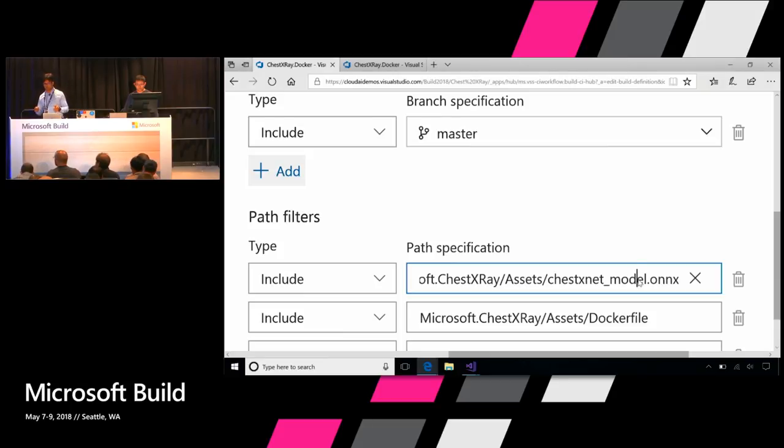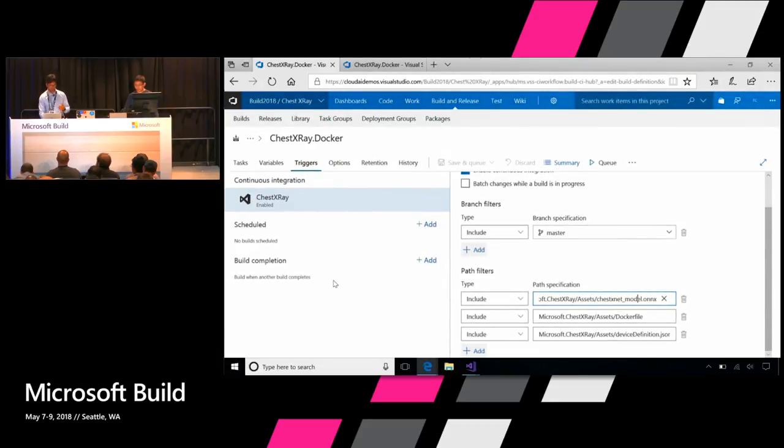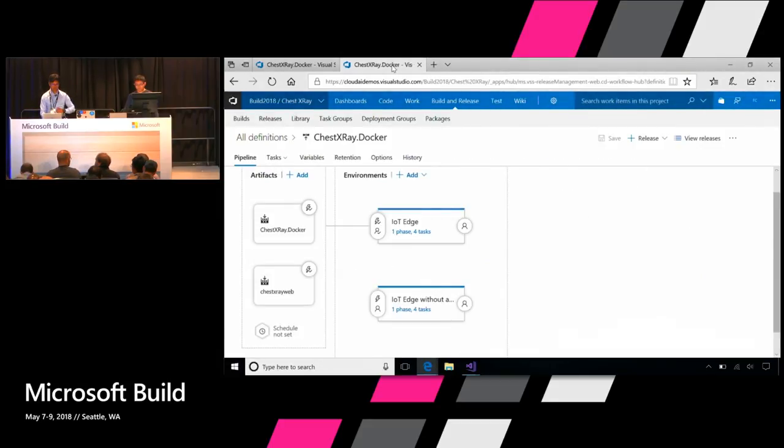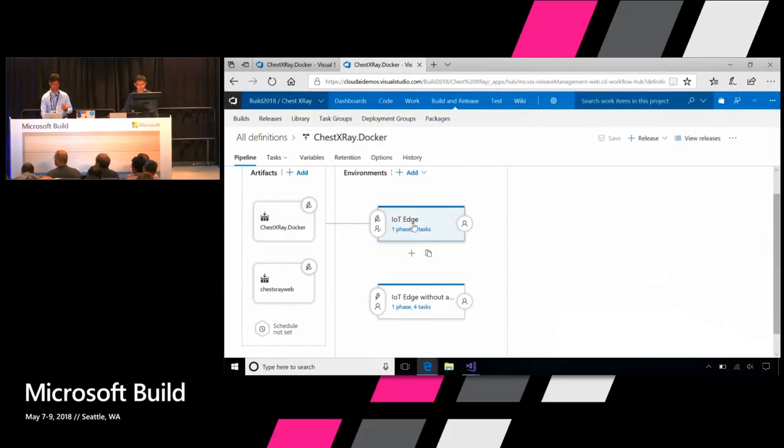Every time there's a change in the model, it'll trigger the DevOps cycle, deploy that to the IoT Edge, and any device connected to the IoT Edge will get the updated model. Brilliant. Great cycle. Now that you know about this part, let me just go and show you the release cycle. In the release cycle, what we're doing here is we are looking at the Just X-Ray Docker, and as you could say, it's deploying through the IoT Edge, and then eventually just going and committing those changes.